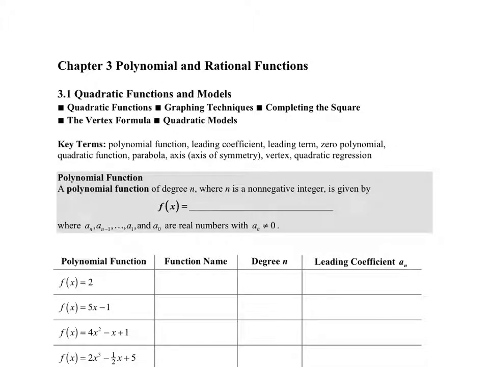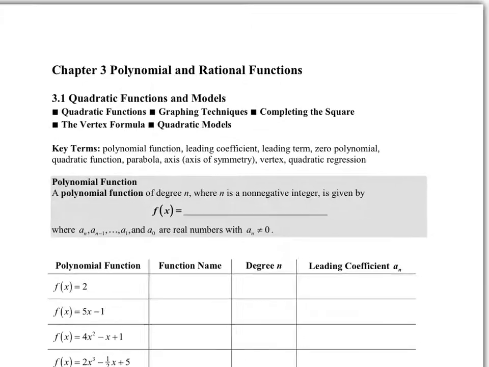In section 3.1, we're going to look at quadratic functions a little more in depth, and then as we progress through chapter 3, we will look at polynomial functions, things where our exponent is higher than being raised to a power of 2. Now, if it's a polynomial function, we are going to write out what the actual definition of a polynomial function is. That occurs here in the center of the page, and you would see that if we